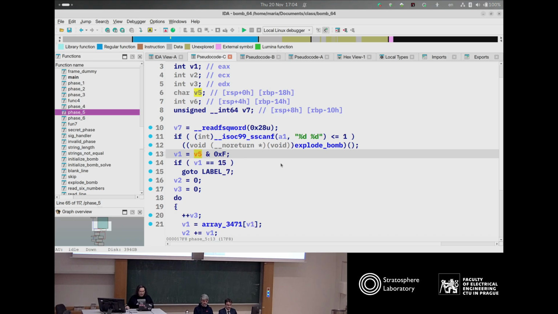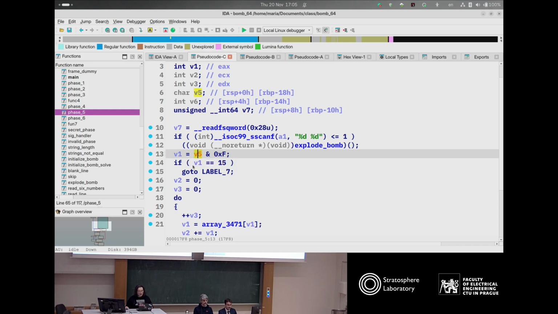We check the first number. Okay, that's a very weird way. The first thing that it does is mask this number with f, this logical AND. So basically the number will never be beyond 15 hex. f is 1111, it's like 15 hex. So if it masks, everything else will become 0, and the value of v1 will always be